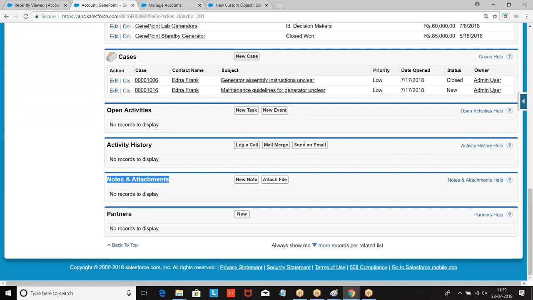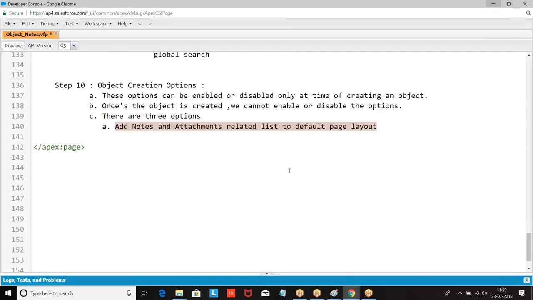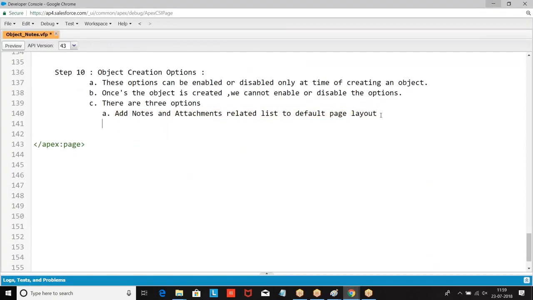Notes and attachments. I hope you are clear. Notes and attachment. If you enable this option, notes and attachments will be added on the detail page.